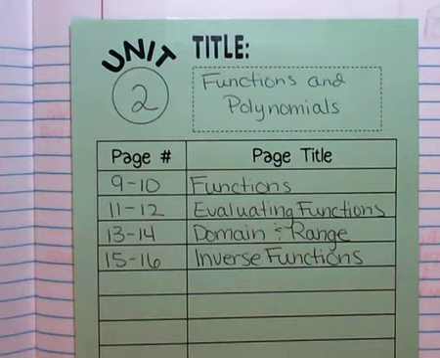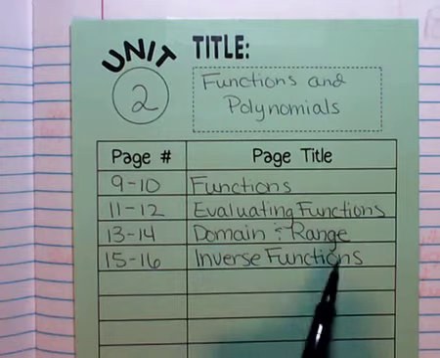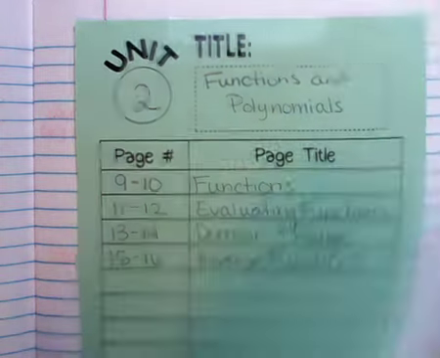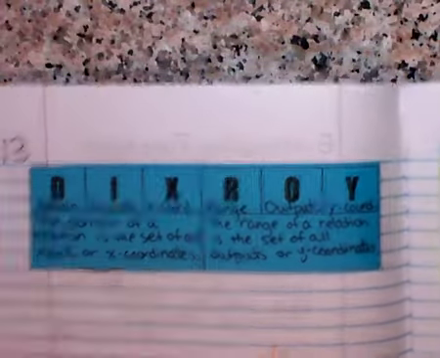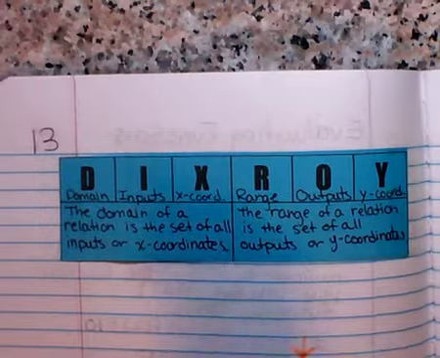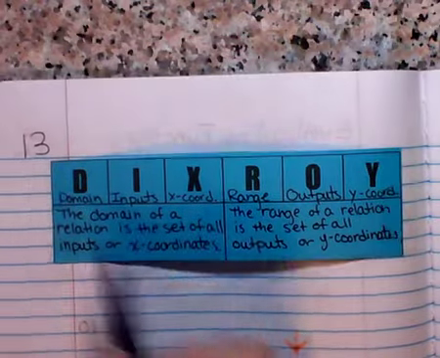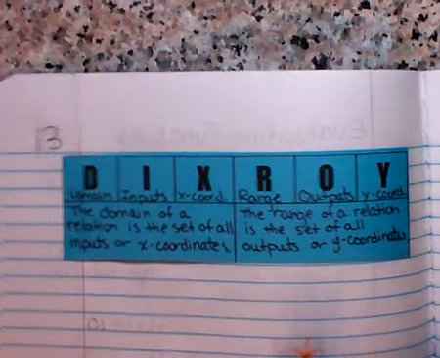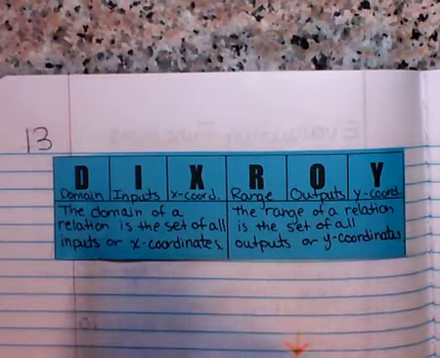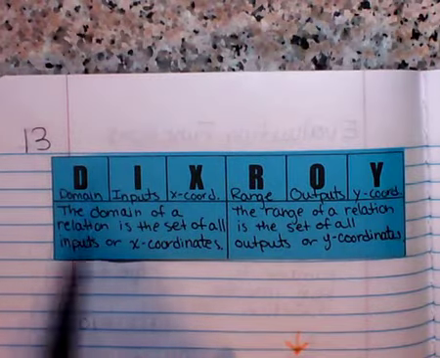Our notes for this evening are pages 13 and 14, and the title is Domain and Range. So let's turn to pages 13 and 14. I know normally we start on the even page on the right-hand side, but tonight I actually want to start on page 13 with this little blue sheet that you picked up that said DxRy across the top, and that just stands for